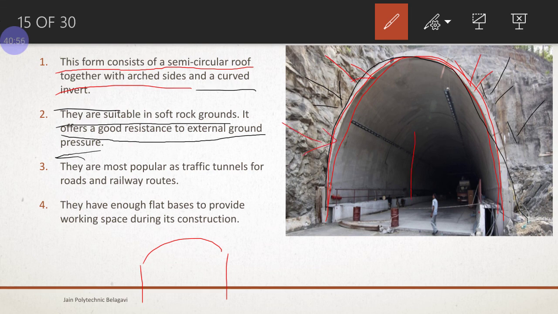When the internal surface provides the pressures, it is called internal pressure. These are used for traffic tunnels, for road and railway routes, and they have enough flat bases to provide walking space during construction.